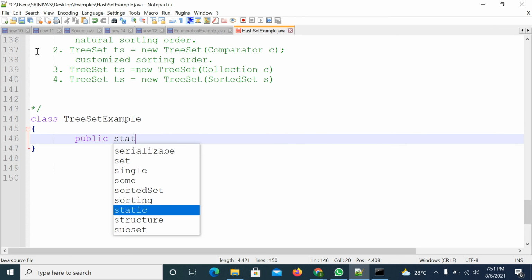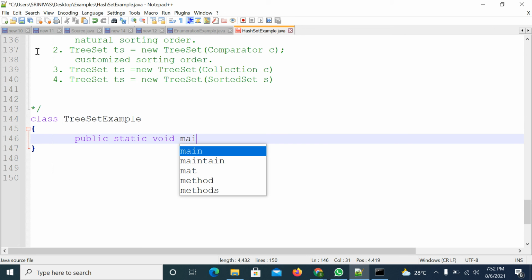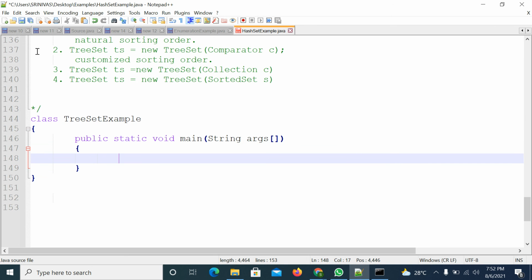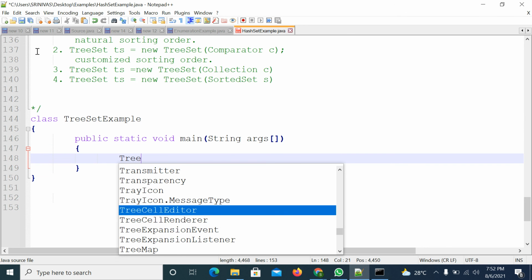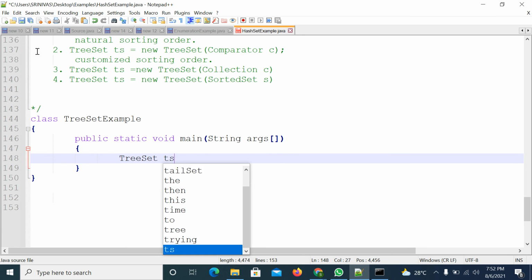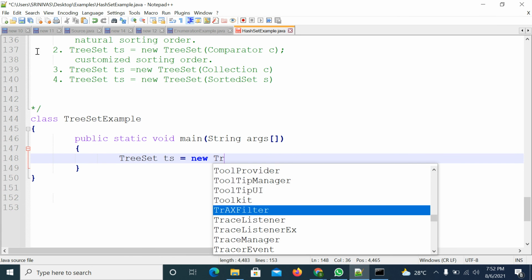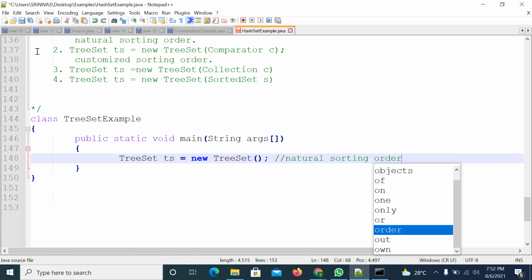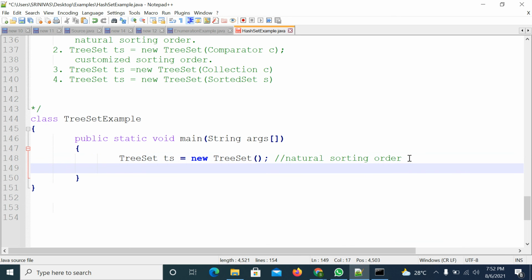I will write a main method. Inside this main method, we can create a tree set object. I created it without passing any parameters, so that means it will follow natural sorting order. If you want to change the order, we can change it. We will see that slowly, maybe in the next class.